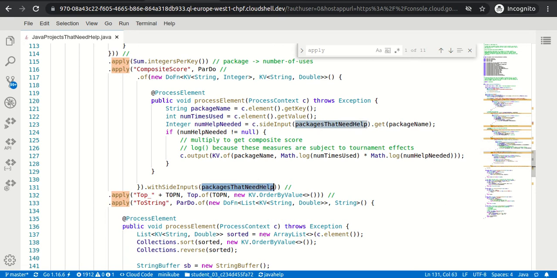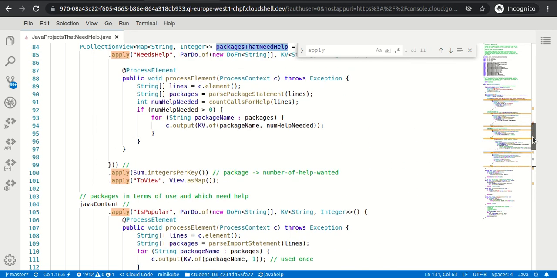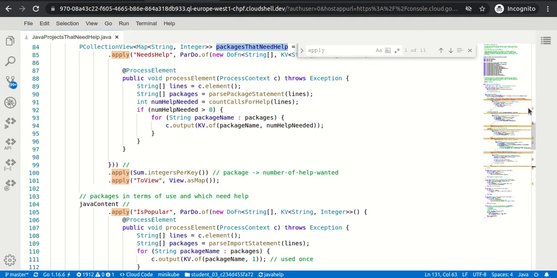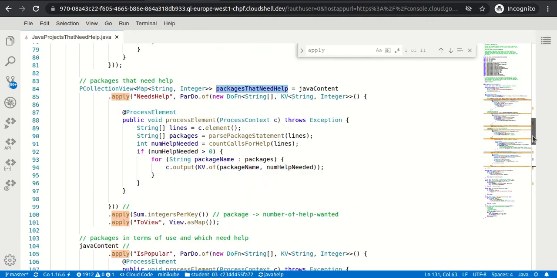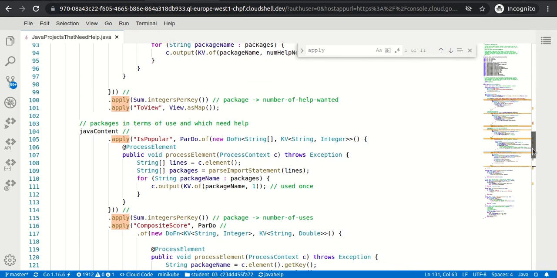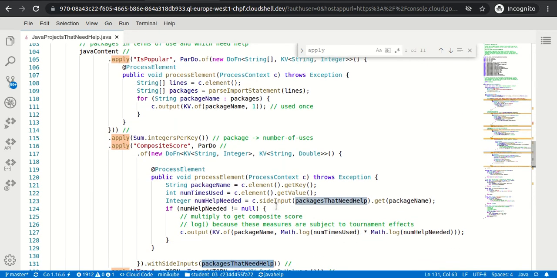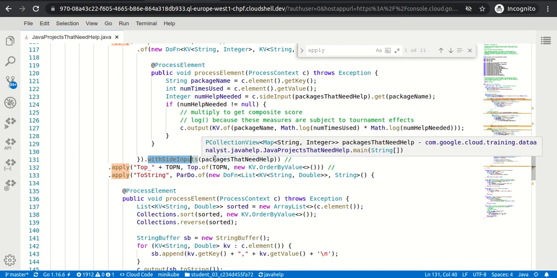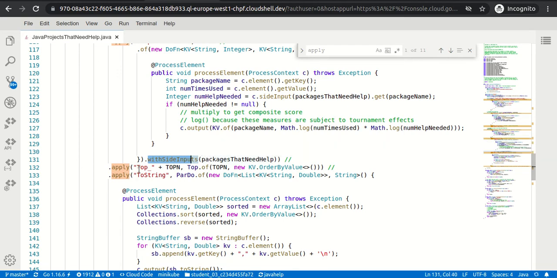Package that need help, and package that need help is basically these 3 steps: need help, combine per key, and to view, because we have divided those 3 steps, need help, sum, and to view, into the package that need help. So when we apply the composite score, we are applying dot with side inputs, with the package that need help, and after that we are applying the top and the to string.